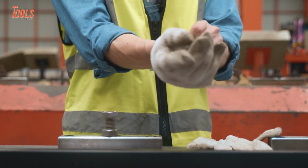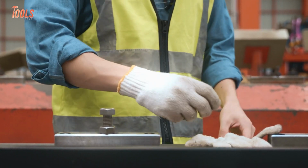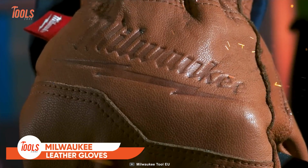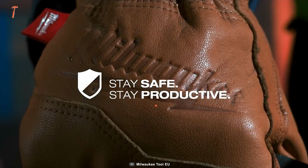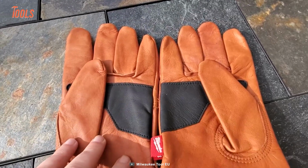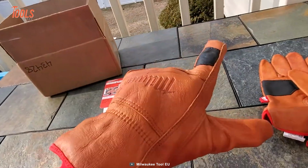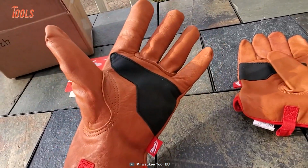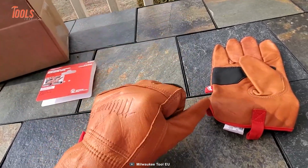A pair of right-hand gloves are essential when you're working with sparks and other hazards. Keeping that in mind, Milwaukee designed these leather gloves that are the greatest protective gear for your hands. Made with top-grain goatskin leather, these gloves offer extended durability and reinforced protection, making them perfect for heavy-duty jobs. The reinforced palm provides additional comfort and protection while handling heavy objects, while the keystone thumb ensures a comfortable fit